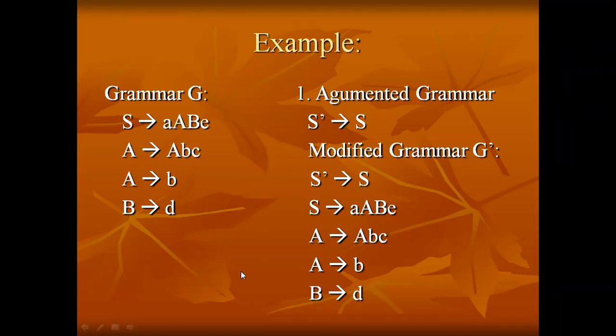What is the first of S dash, first of S, first of A, first of B, and what is the follow of S dash, follow of S, follow of A, follow of B. You need to write the outputs of these non-terminals. We are constructing the first and follow only for the left hand side variables, that is, for the non-terminals. This concept we already learned in predictive parsing, that is the LL(1) parsing technique, so you all understand how to construct the first and follow function.